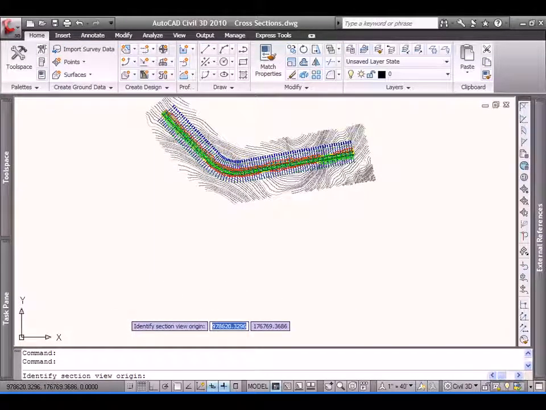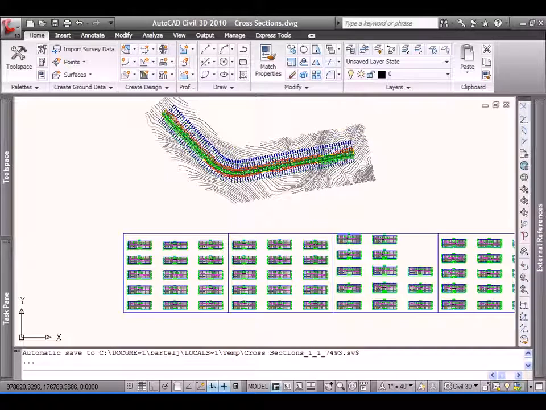I'll just pick a point down here in space. We'll let Civil 3D chug for a minute because it's trying to figure out what is going to be the best representation of these cross-sections on these sheets. It's determining how many sheets are going to be necessary and how to organize those cross-sections on the sheets. So we'll go ahead and let it bring that up, and we see that what we're left with on the screen here